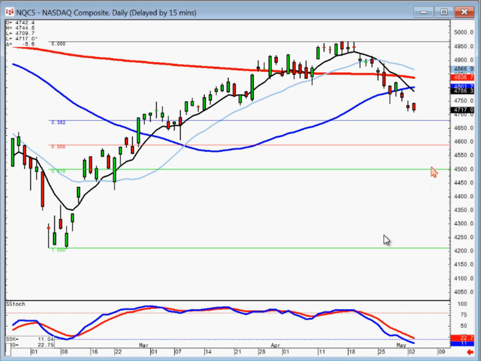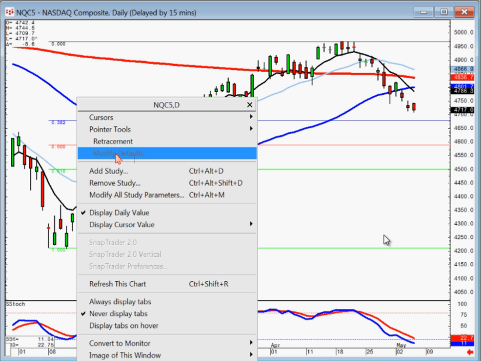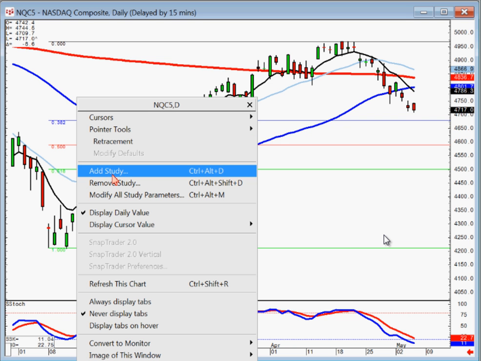Does that mean that's where it's going? No, what that means is we've got things that we can see that everybody else is watching, that if we see a candlestick reversal signal here at the 38, that's where they're buying. If it drops all the way down here and we see a reversal signal, it's the 50 is where they're buying. So we can use any other technique that we can think of, whether it's a trend channel, moving average,